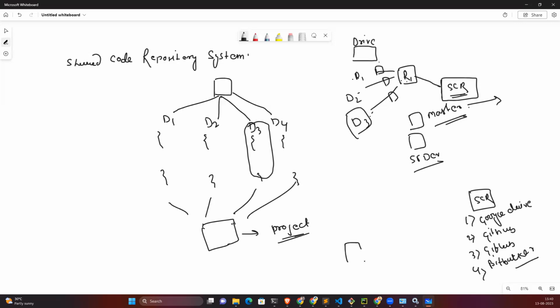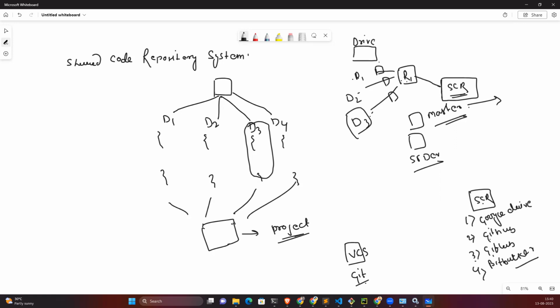Now, your local system also should have something that can communicate with this application. That is called VCS. What is VCS? Version Control System, and the version control system is called Git. Again, don't be confused by this name. Git and GitHub are different things.